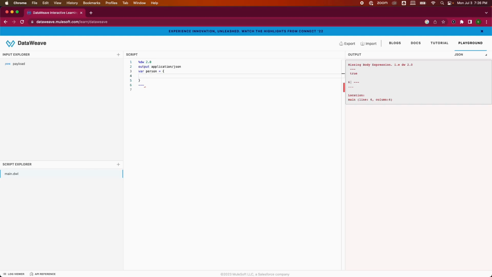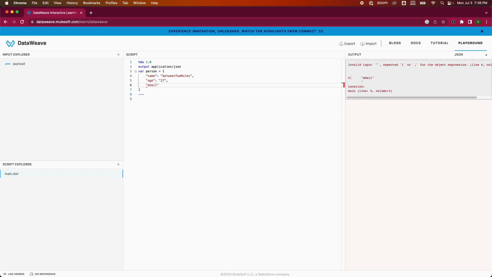As you know, an object contains key value pairs. So my first key would be name, and the value I'll put is Between Two Mules. The age will be my second key, and the value I'll put is just my age, which is 27. Thus I'm a bit old now. And the third key would be email, which will be our email address, which is